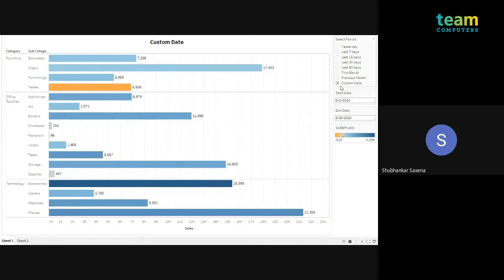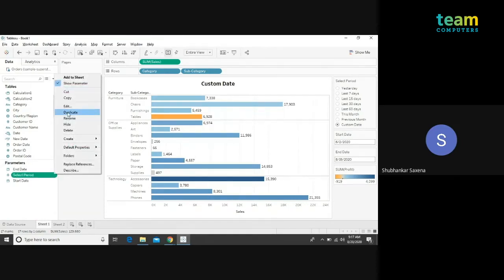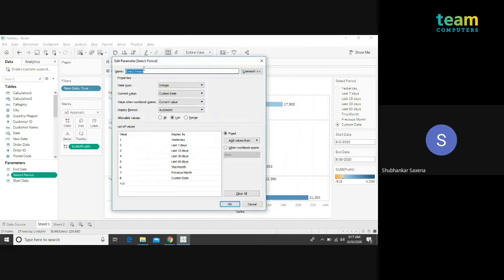So to build this, we have to create three different parameters first. We will create the first parameter for selecting the period. I have given the name as select period, and the data type as integer.